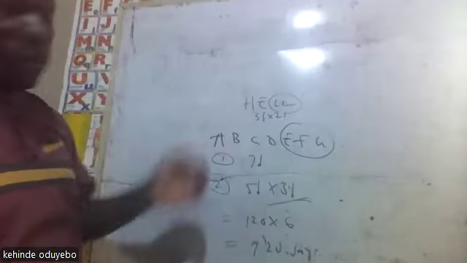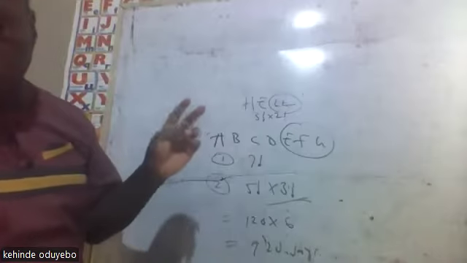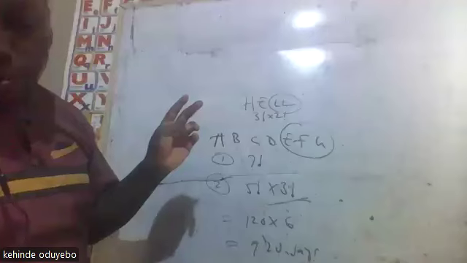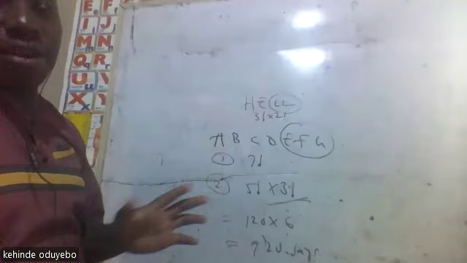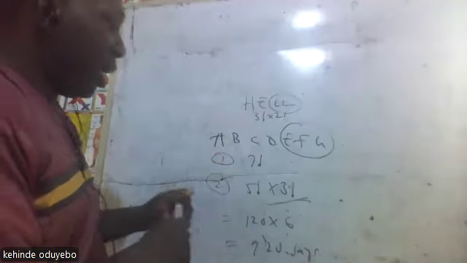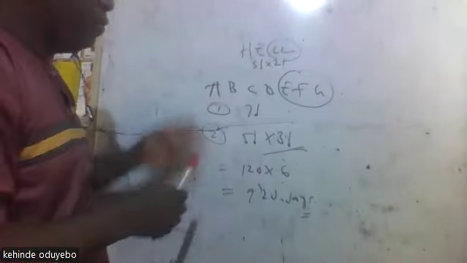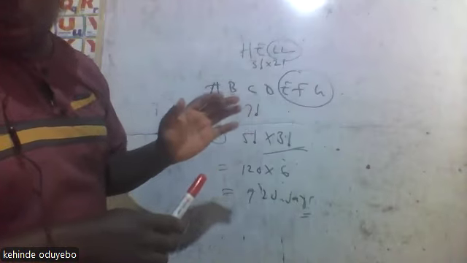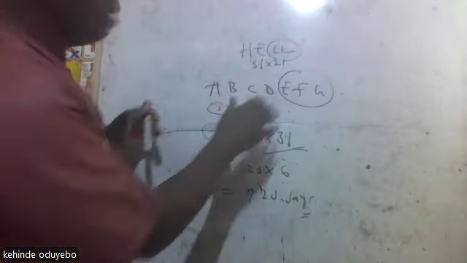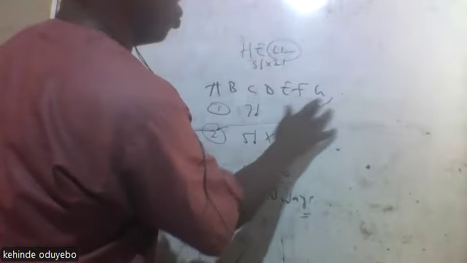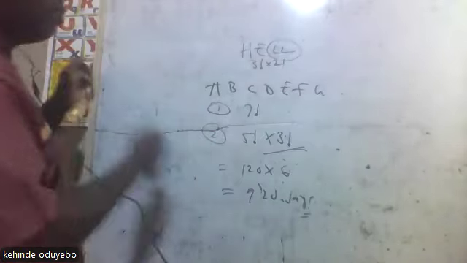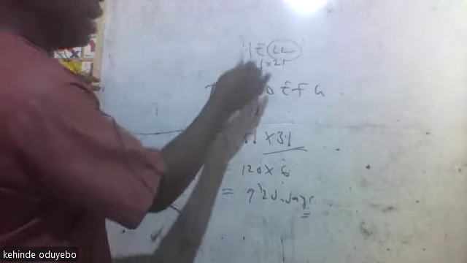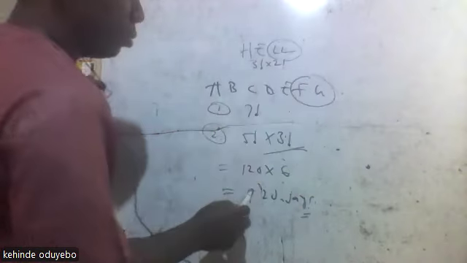Now, the last one: if two particular books must occupy the ends, that means they are not together. That's the C aspect of it. If two particular books must occupy the ends, that means that finished something. Remember what I did for L: if they are not together, they said two. That means